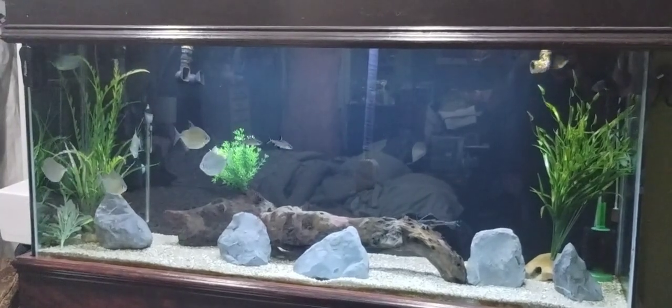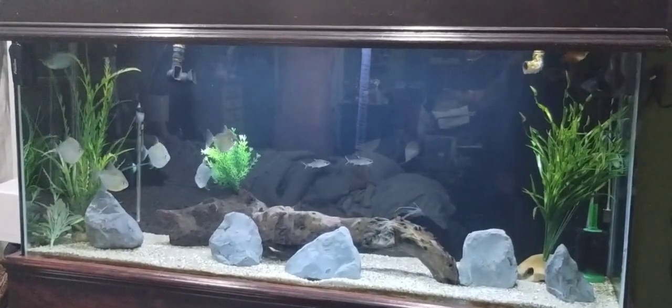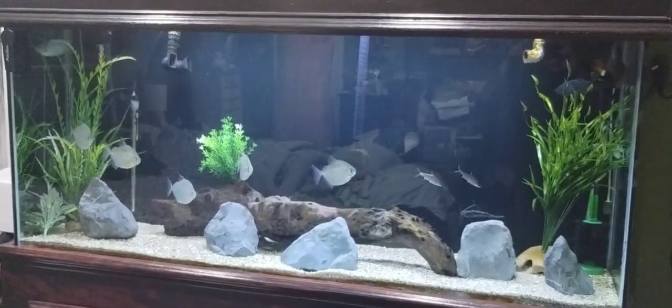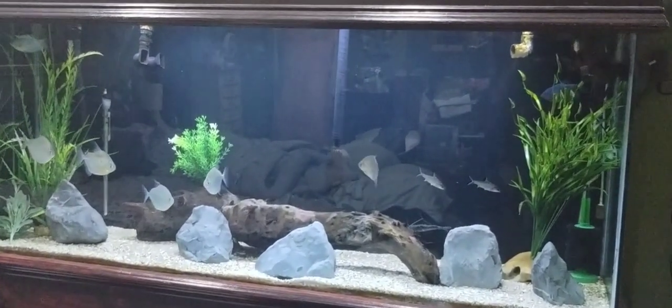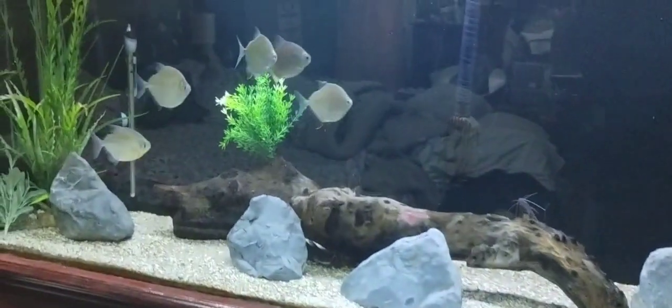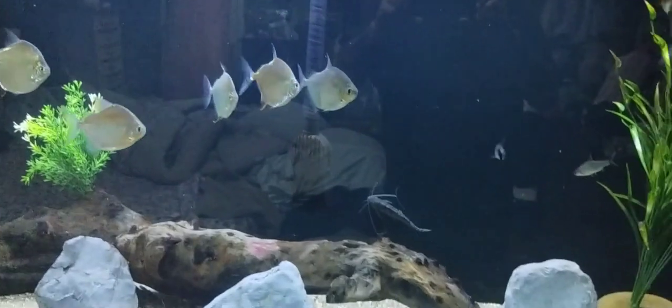Howdy guys, this is Dan with Dan Aquatics coming to you from the bedroom aquarium, and all these guys are doing swell. There's a lot of extra reflection here. I've got the lights on still, so just a quick update on this tank,